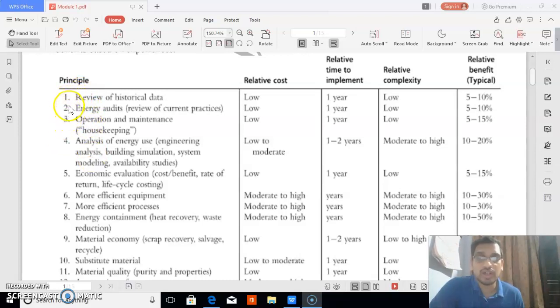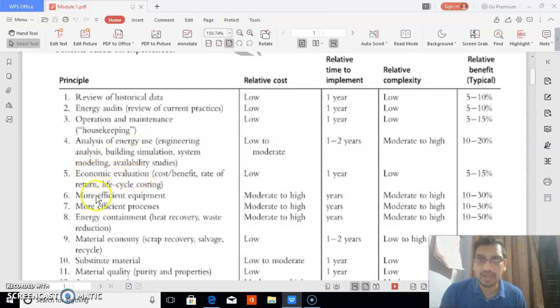I will state the types of energy management program starting from the first one: review of historical data. Second one is energy audit. Third one is operation and maintenance. Fourth one is analysis of energy use.